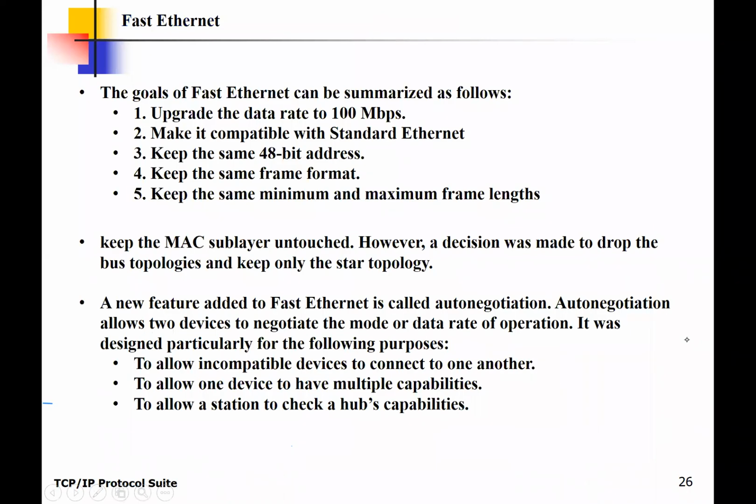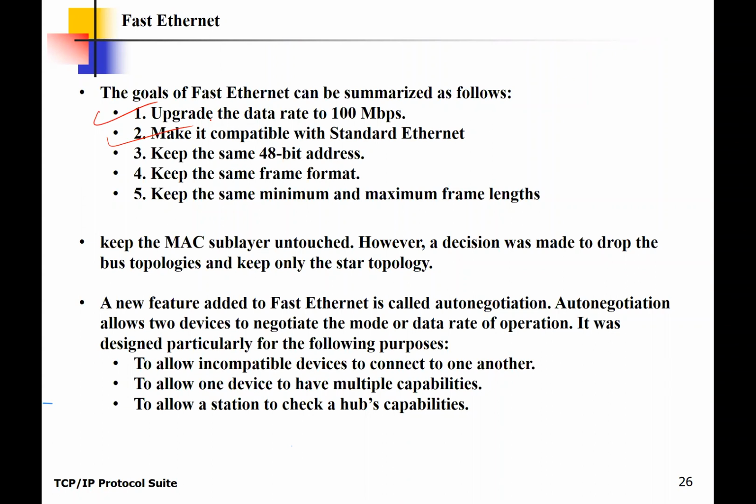All right. After the standard. So remember, we start with the standard. What is the speed of the standard? What's the bandwidth for the standard? Ethernet 10. Then we have to go advance and upgrade that to 100. So they introduced Fast Ethernet. And what's the purpose of that? First of all, increase the bandwidth to 100. What is the second? To make sure it's compatible with the standard,